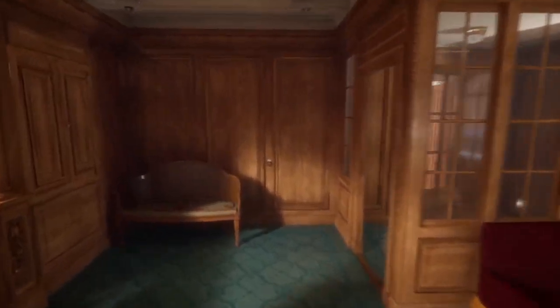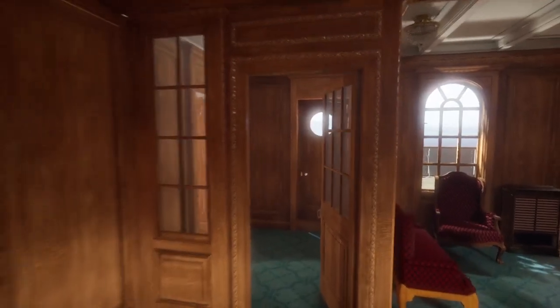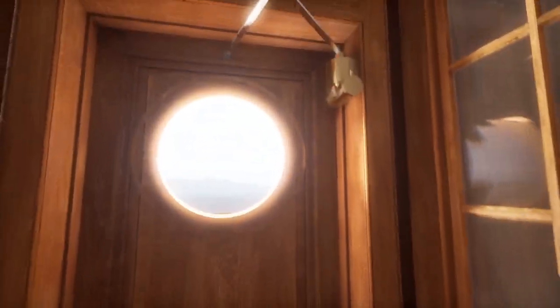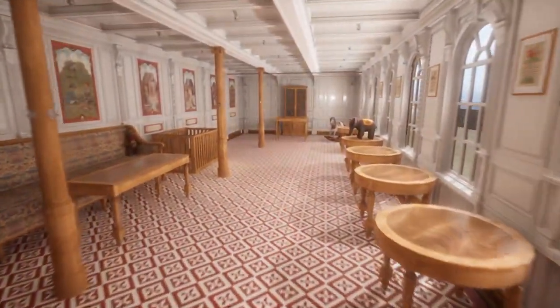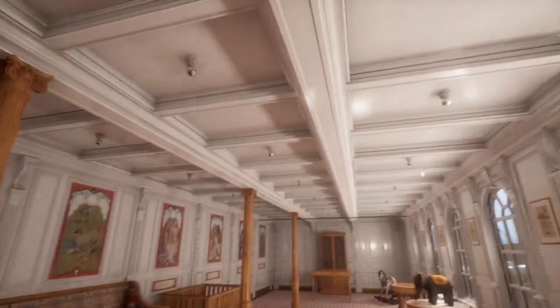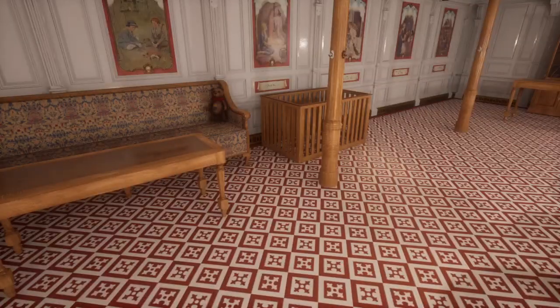There's no NPCs in this, because like I said, there's really not much of a game here. You're just kind of walking around looking at stuff. And there's some very nice stuff here. This is a nursery room. Keep in mind, this is the Britannic, not the Titanic. The Titanic actually had its own